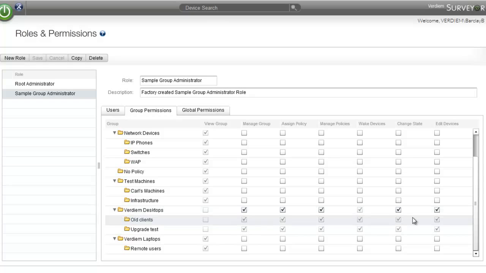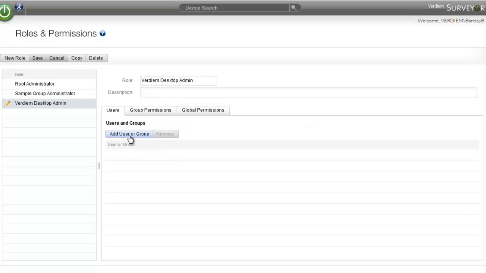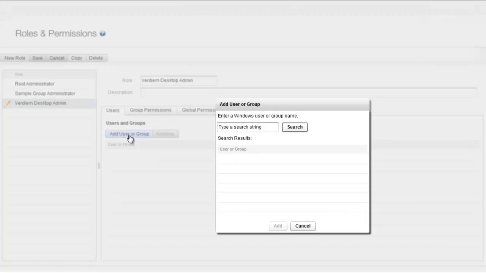Now this is a very helpful role to look at when you're creating these as a reference point. We're going to take this role and copy it and create our own group administrator. So I'm going to copy this and call it the Verdiem desktop admin. I'm going to add a user or a group here, and this